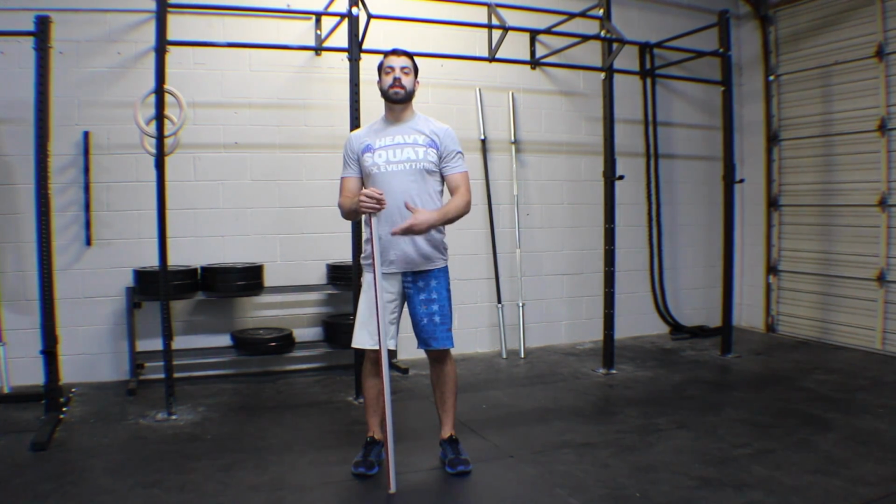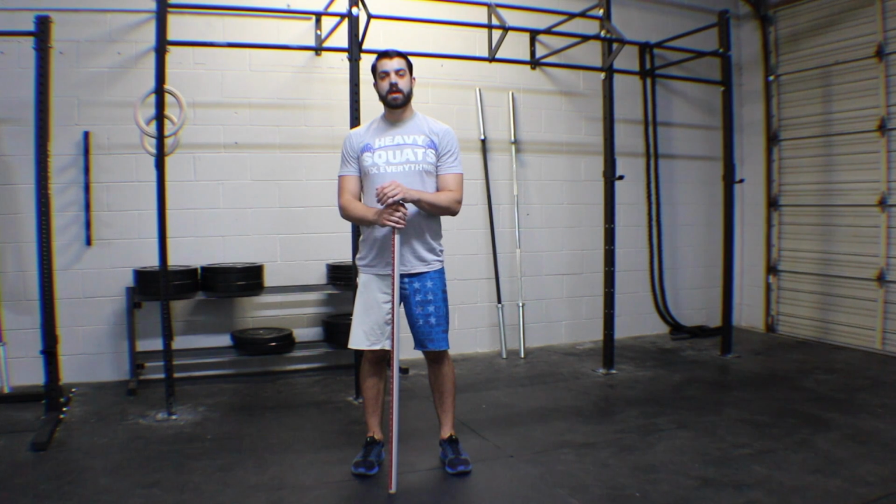And if you just have them work on that every day for about a week or 2 weeks, they'll really learn a lot about how to move their body through that hip hinge pattern, which will hopefully result in a better